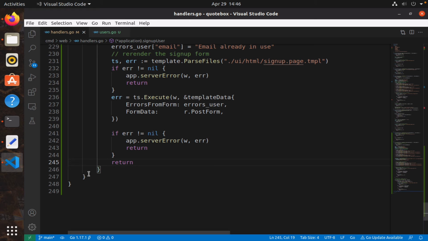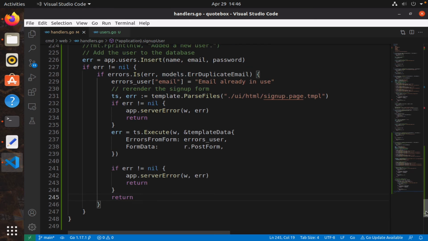Good, that's the end of the nil. So that means if I get here, it means that nobody tried to enter a duplicate password, duplicate email. And so if that's the case, then it means that my user was added to the database. And so what I'm going to do for now, I'm just going to say